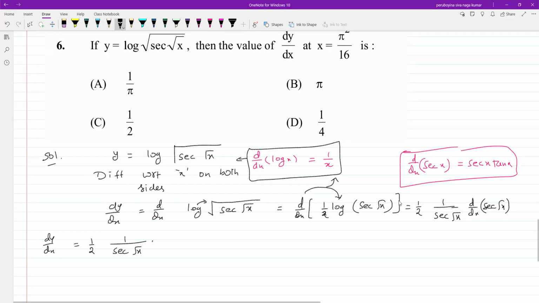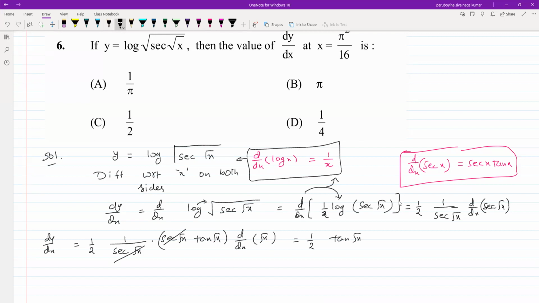d by dx of secant x is secant x into tan x. So similarly, secant root x into tan root x. But it is not x, it is root x. So we will continue the differentiation to root x, since it is not x. Here you can see secant root x got cancelled. So 1 by 2 of